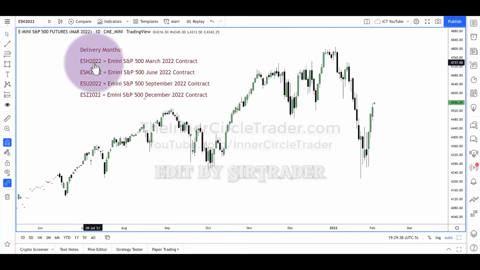E-mini Dow. If you're pulling up the symbol like I have here, ESH2022, that represents the E-mini S&P 500 contract for delivery month March year 2022. Since they expire, it's important for you to know that the third Friday of the month of delivery, which is obviously in this example here, March, the third Friday of that month is expiration. You do not want to be trading after expiration. And the question is, when do I start trading the next month out? This is always going to be the front month or the current month or nearby contract. The month after the front month or current contract month is always going to be referred to by me as